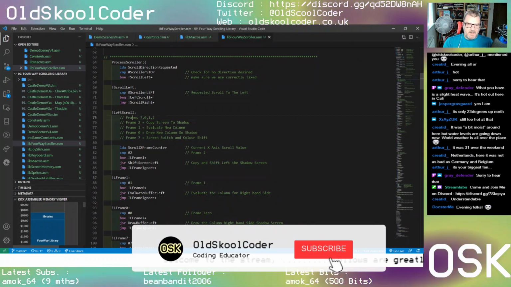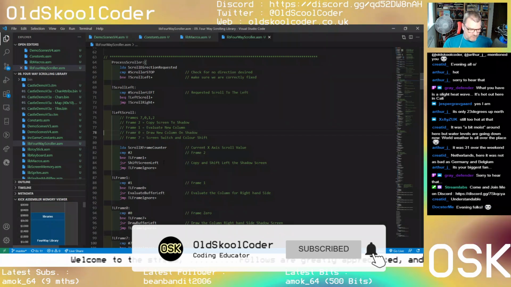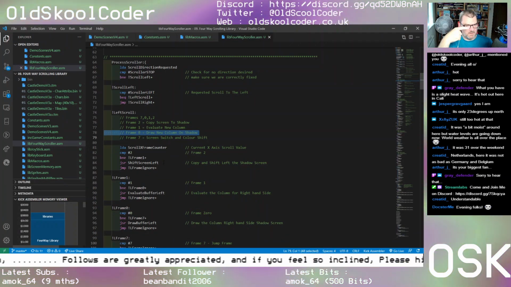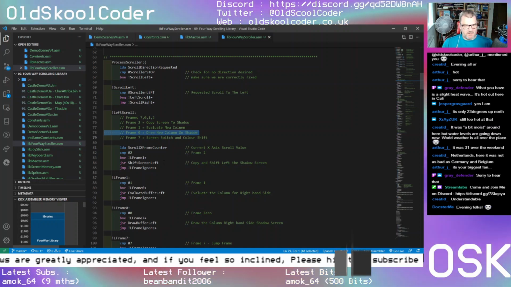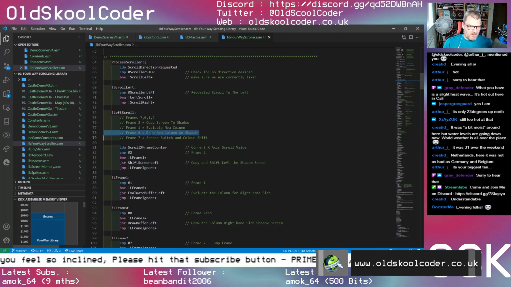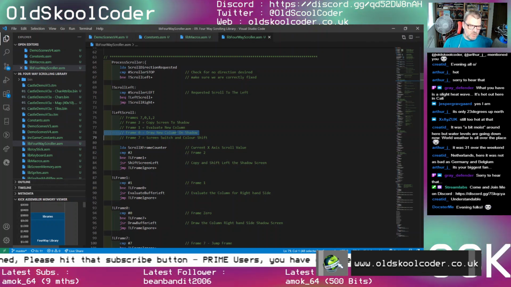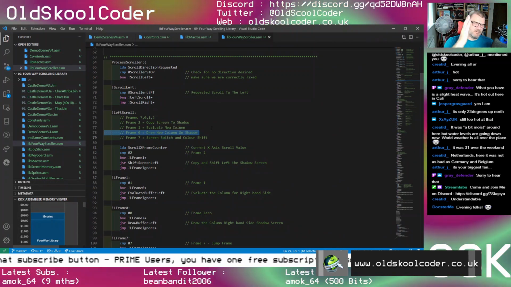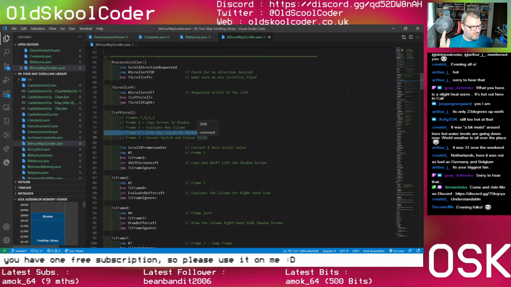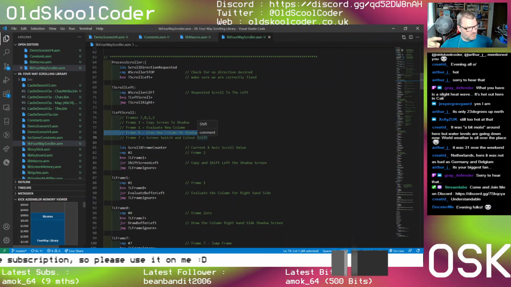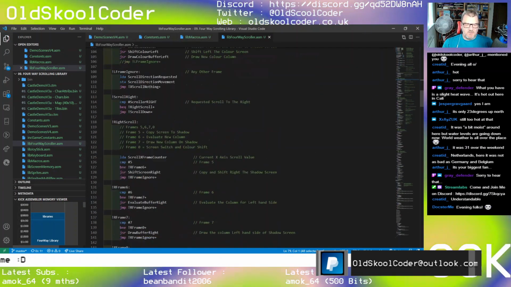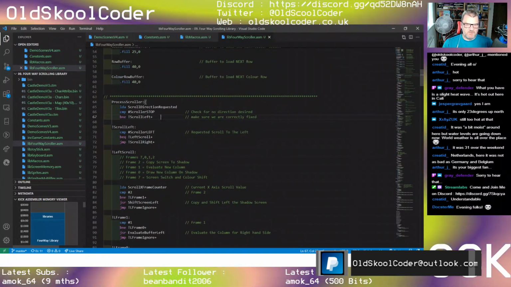Now at the moment, if we'd stopped at frame 0 going in that direction, when we come back to this direction, the copy screen hasn't happened, and so therefore we have a jitter where we move the screen, the colour RAM moves, but the shadow screen is still based on the old frame, not the new frame. And so what we need to do is we need to be able to, when